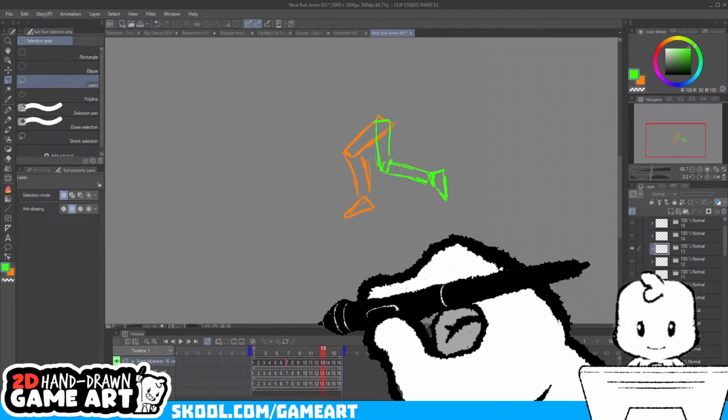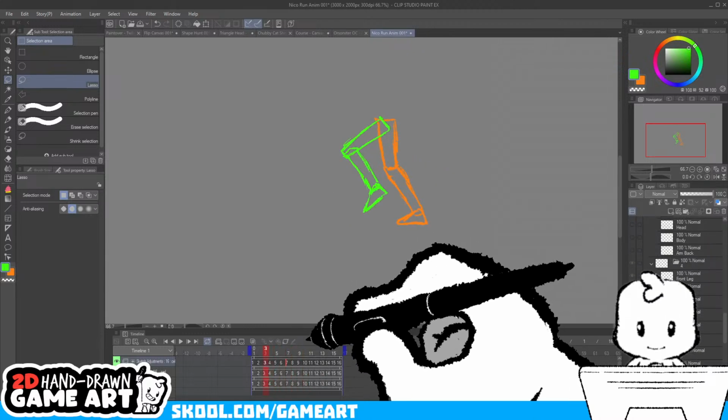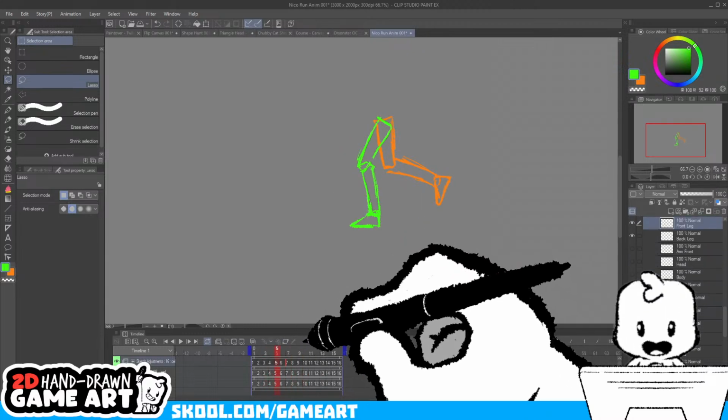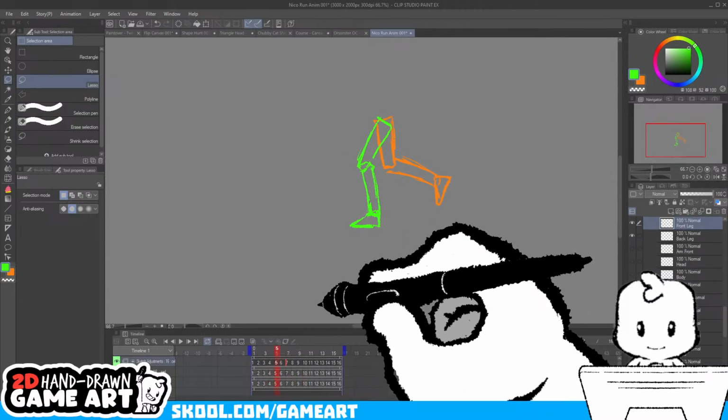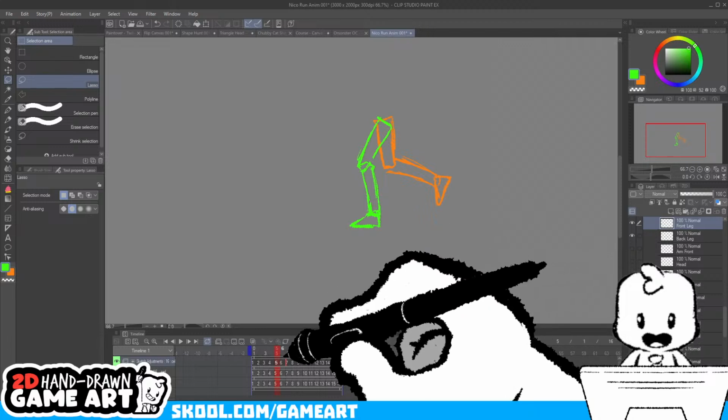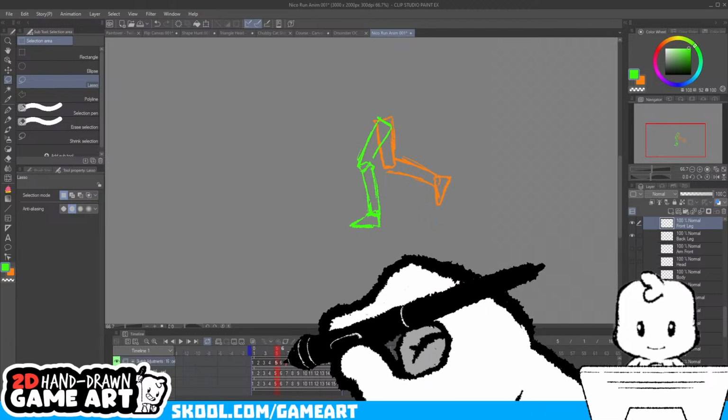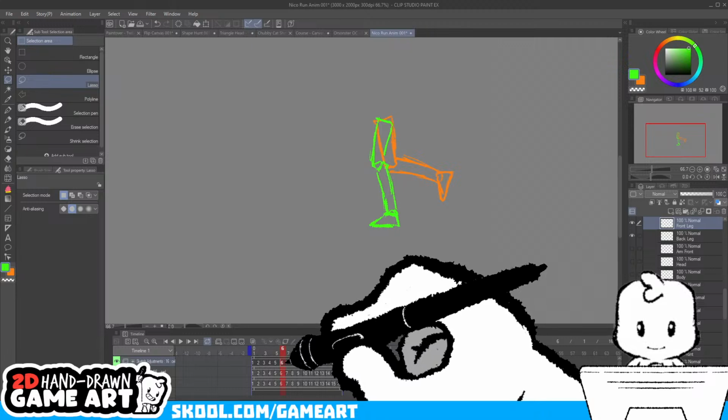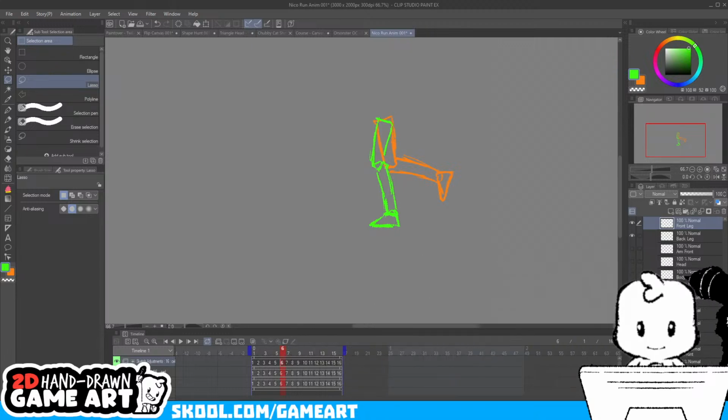Oh boy. We have some adjustments to make for sure. But let's get rid of this easing. So we have this frame. And this frame here. I like this, but I need to actually... Well, let me take that back.